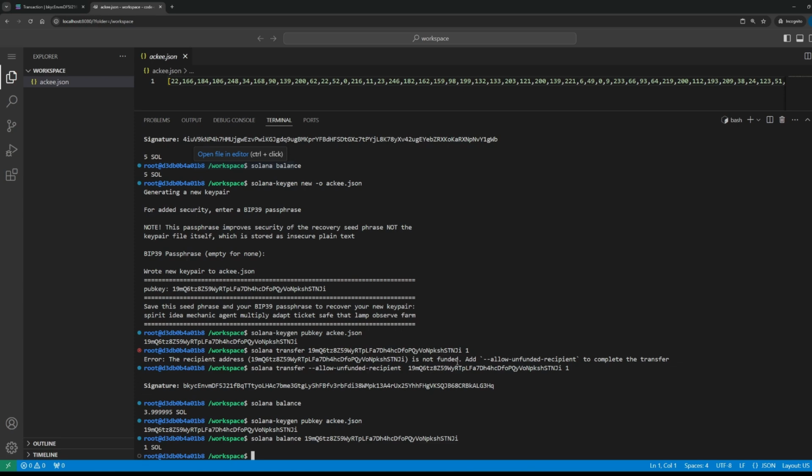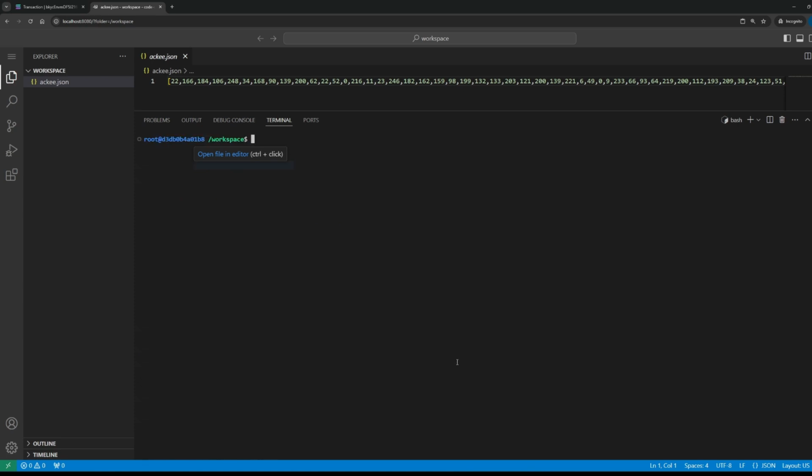So we went through Solana config get and Solana config set. With Solana config get, or let me clear it first. I have some kind of bug here. Oh, okay, it disappeared. With Solana config get, you can see the config, so you can see what your default key pair is and what RPC you are communicating to, or what cluster you are using.